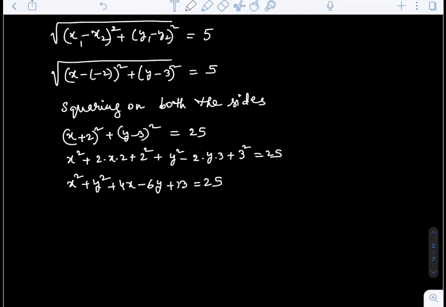RHS part will come to LHS. You can take it anyway. So I am taking the RHS part into LHS so that I get the next step. That is this one, which is equation 2 here. What happened here? This 25 when it comes to this side will become minus 25. 13 minus 25 is minus 12 here. Please take care of symbols. So this is the first step you should do.